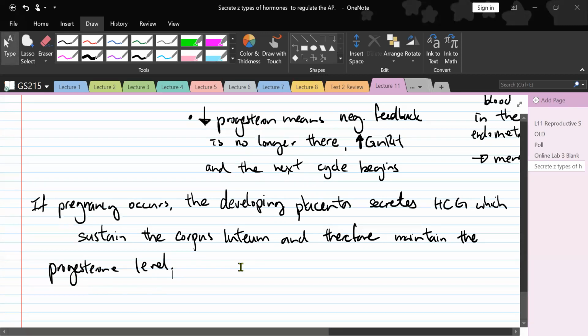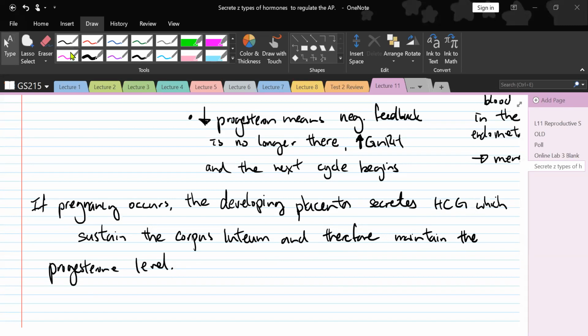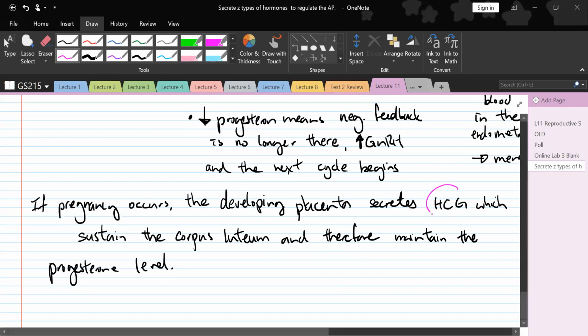Okay, but the corpus luteum is naturally going to break down, so we need to make sure that it does not do that, and that's where HCG comes in. And so to test if you're pregnant or not, the pregnancy kit actually tests for HCG. Okay, so